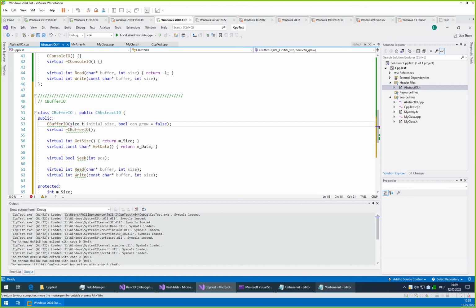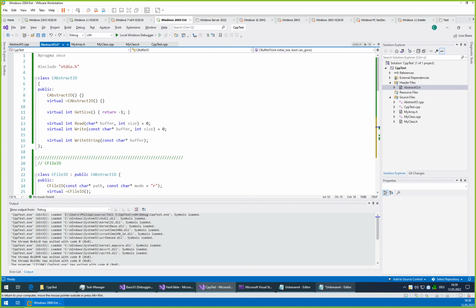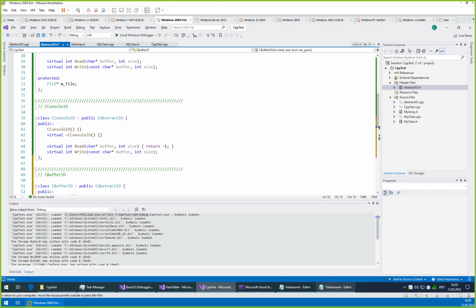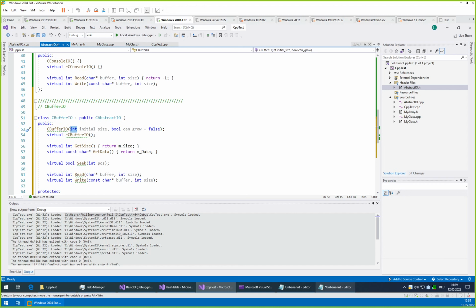Oops, small t. size_t for all those sorts of parameters. But then let's stick to the int because we use int at the top. The nice thing about size_t would be that it has a size which is platform dependent. So it would be 64-bit if we compile it for 64-bit, but for our test cases it doesn't really matter.